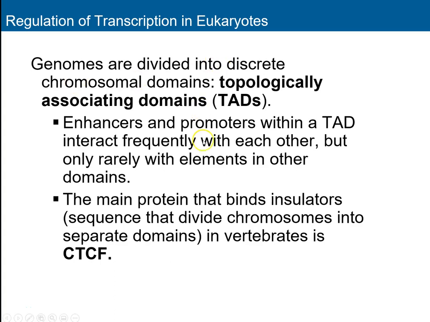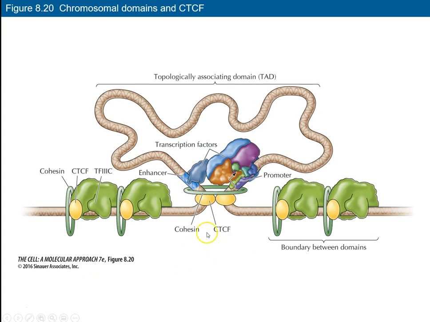So it says the main protein that binds insulators in vertebrates is called CTCF. So you can see here that this is going to bind to these insulators. You can kind of see here, this is showing you the boundary between these domains. Again, you don't need to worry about it. So this is kind of showing you here, this is sort of one